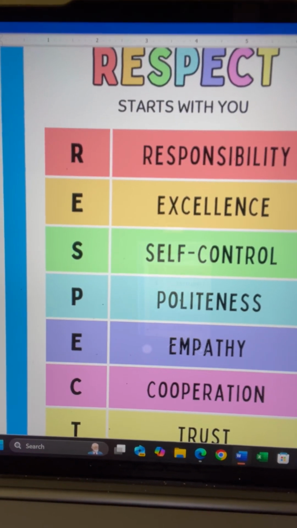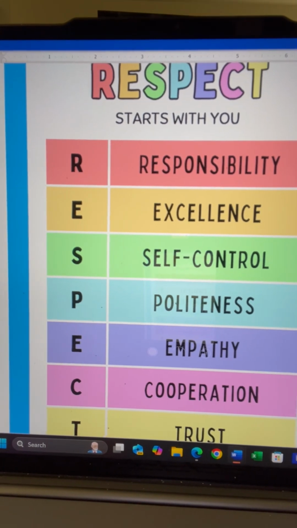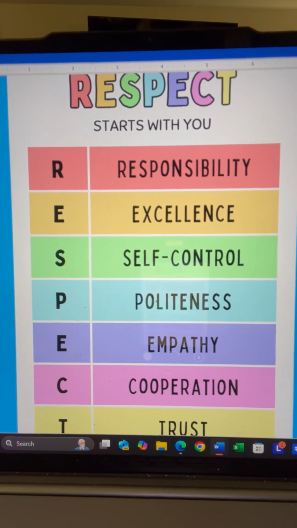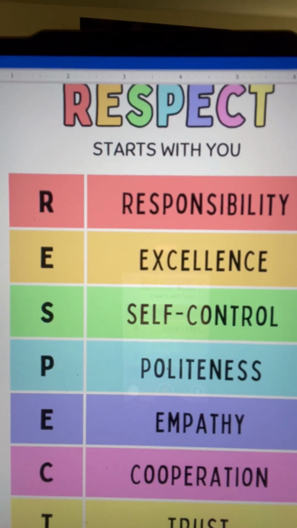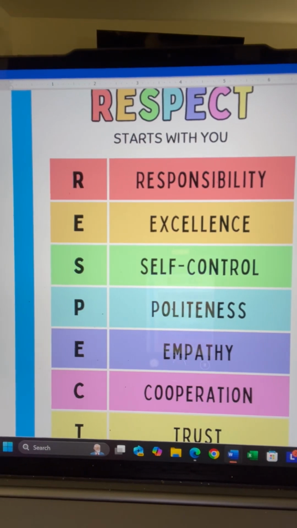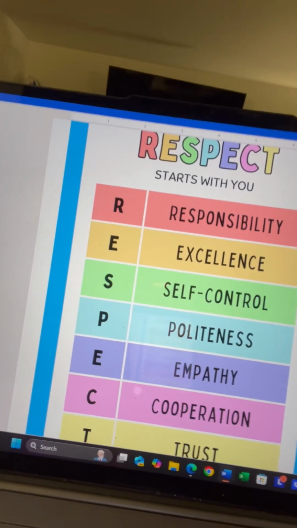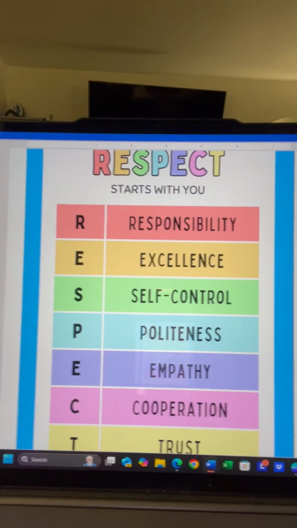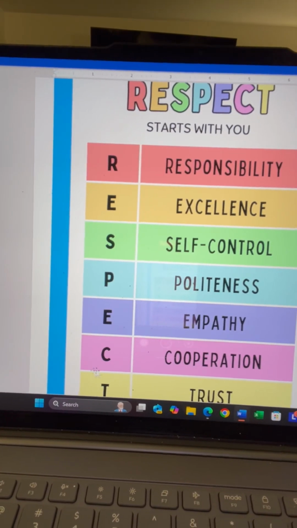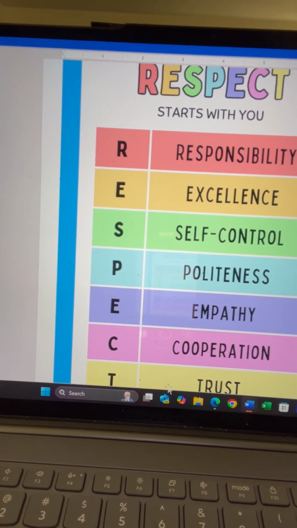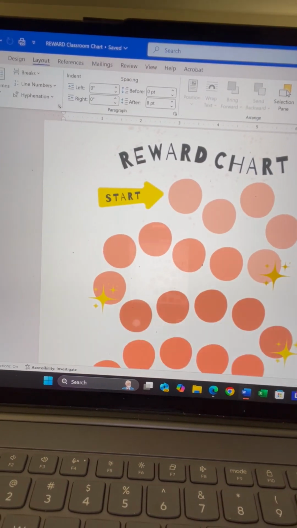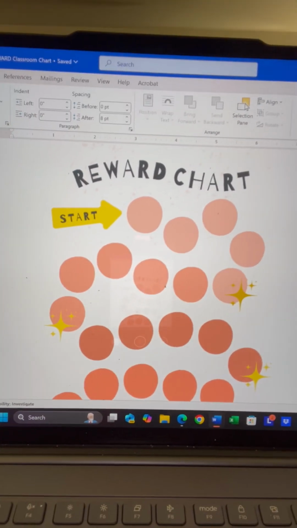Let's go through and I'm going to show you where you can put your smiley face on your reward cycle chart. I did this chart that'll go up in the classroom, and each student would have one for the home, so that way it could be used on both sides of a blended classroom. I apologize, I'm in a motel room and I don't have a computer to work with. So I did the respect chart through Canva, and then here is the reward chart.